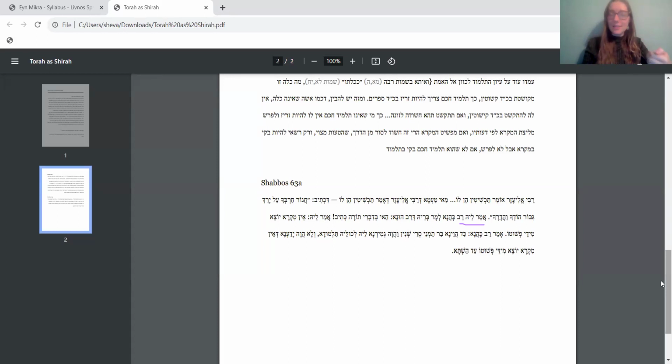Rabbi Eliezer says that a person is allowed to, because it's like jewelry. We know we're allowed to wear jewelry on Shabbos. So a weapon would be an ornament that a person is wearing, and therefore they would be allowed to carry it on Shabbos. Because again, it's not really playing the role of a weapon, it's playing the role of an ornament. Therefore, they are allowed to wear it on Shabbos. So now let's look at this inside. Rabbi Eliezer Omer Tachshitzin Hein Lo. So Rabbi Eliezer says it is an ornament for him.